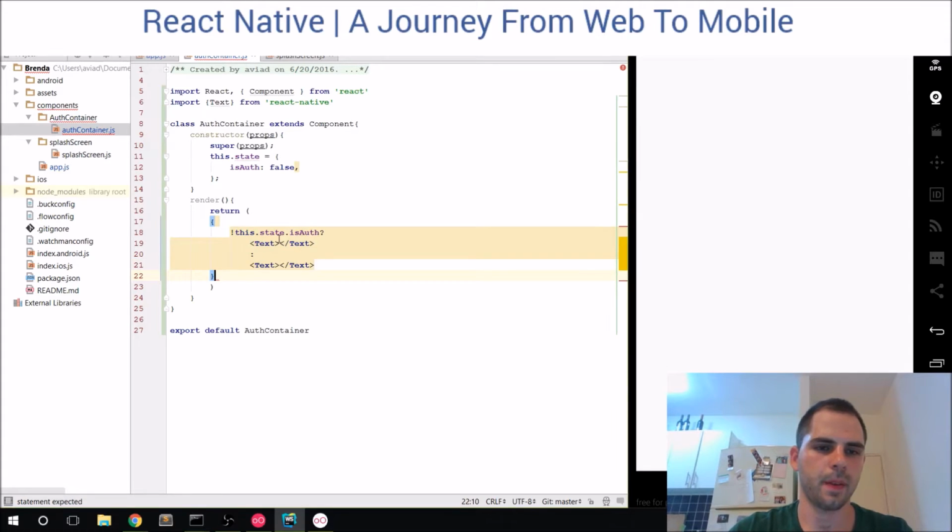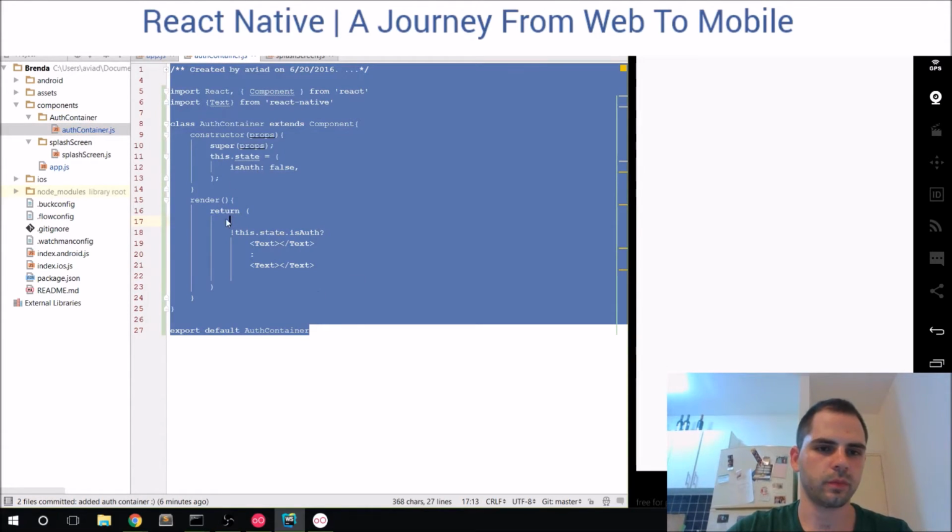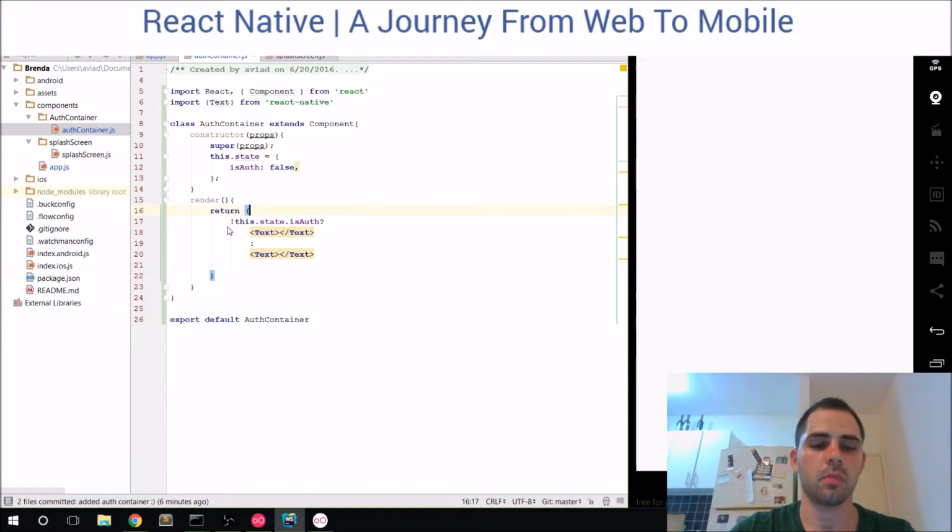Great. So we have a small syntactic trigger, if this.state.isAuth, and we have a not operator. So if the user is not authenticated,